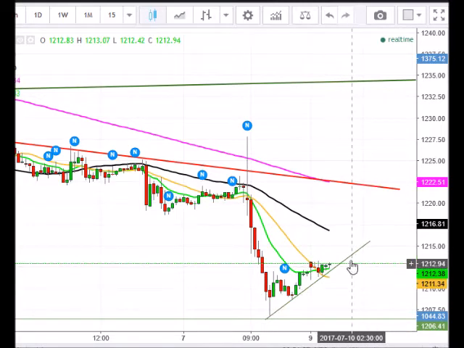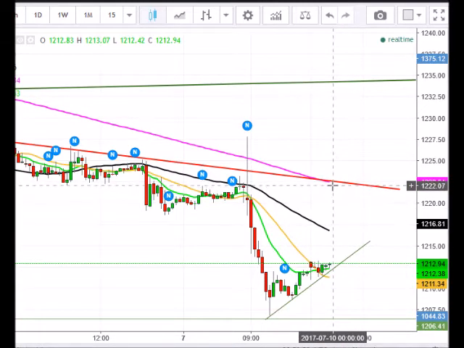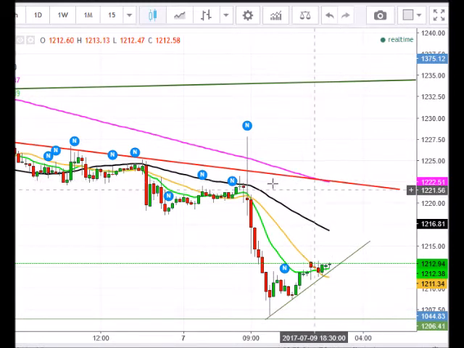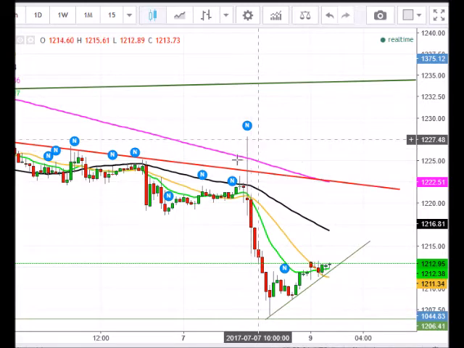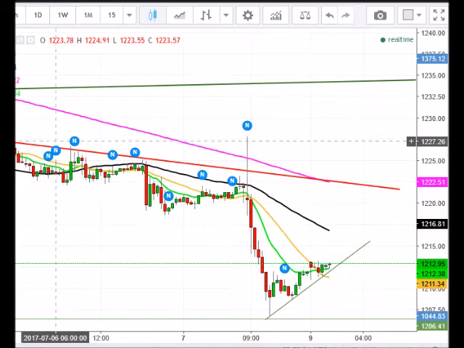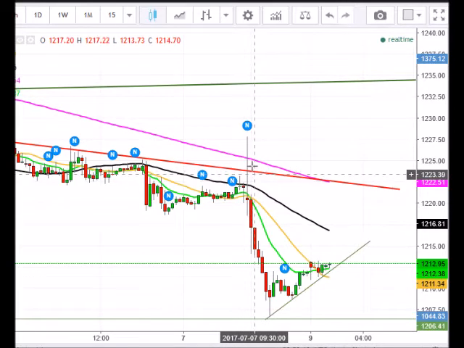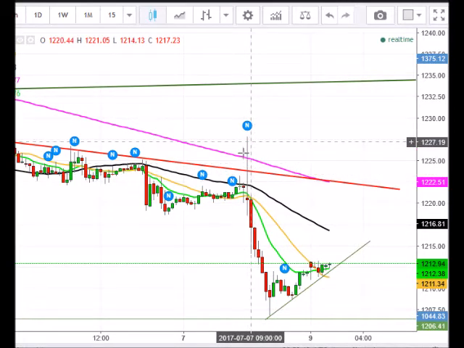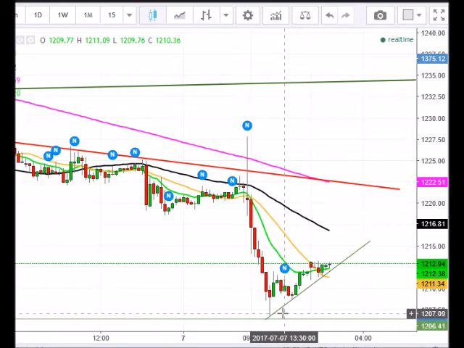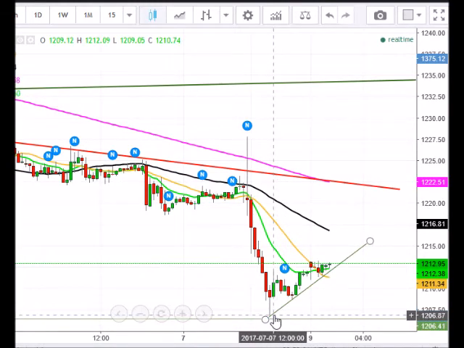Or if gold does continue to bounce higher, then we'll be looking at a continued test of this downtrend line here, which has been fairly well established a few times. As you can see, it's been a nice spot. It's very easy to see. We did break above it, but it was a false break last week, and then we were sent down to these lows around 1205.